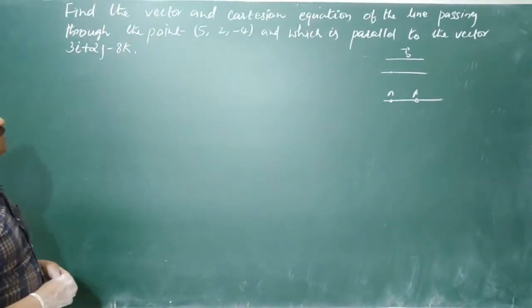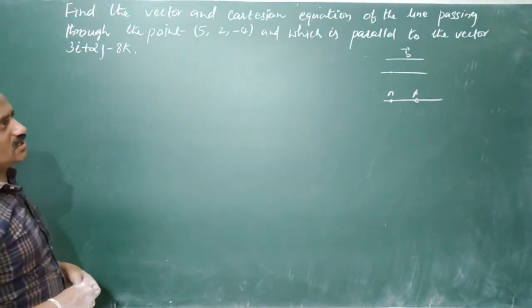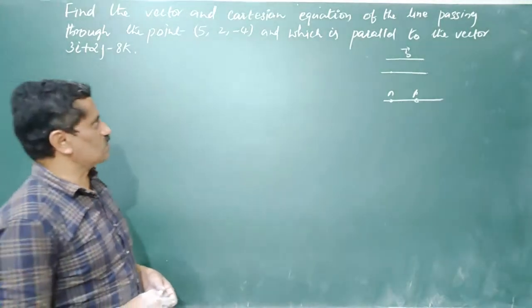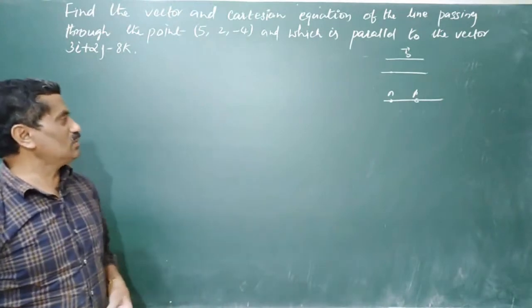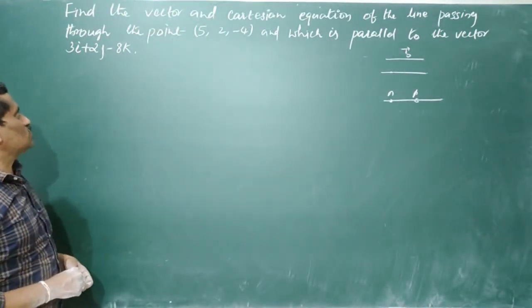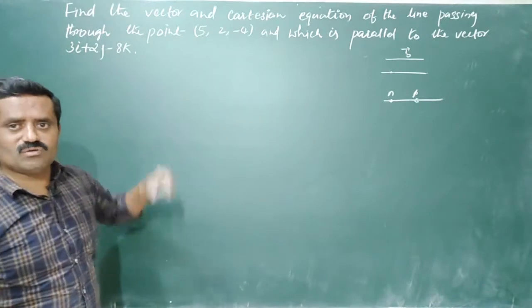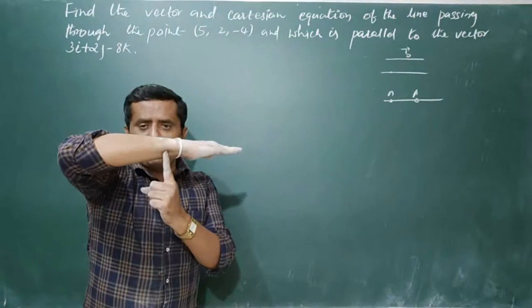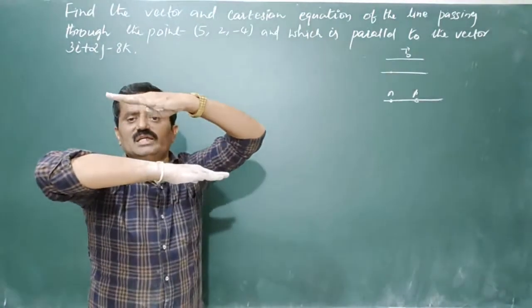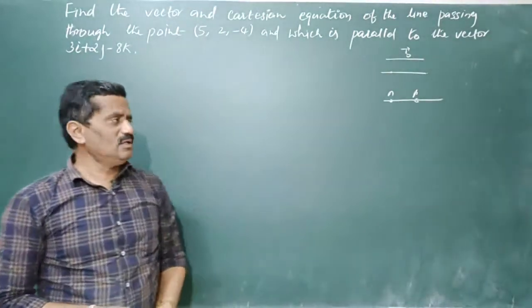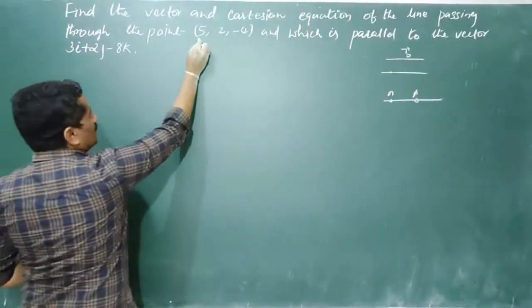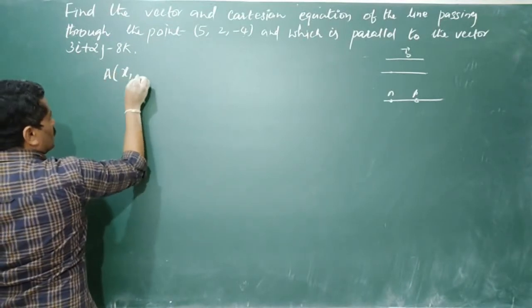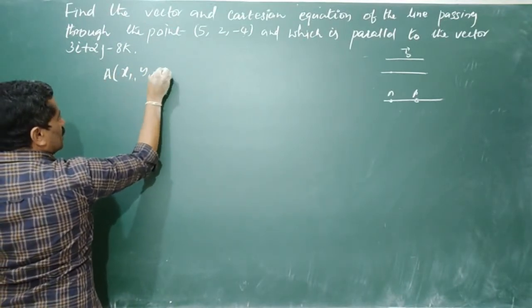Here we have: find the vector and Cartesian equation of the line passing through the point (5, 2, -4) and which is parallel to the vector 3i + 2j - 8k. So now this is in the form of the equation of a line passing through a point and parallel to the given vector. Here what is the point? That is (5, 2, -4). Therefore A (x1, y1, z1)